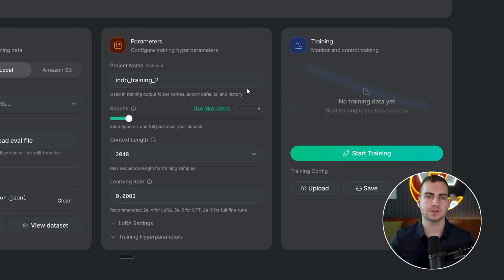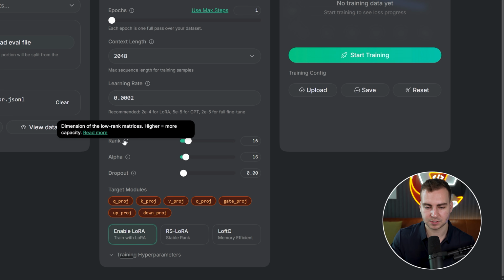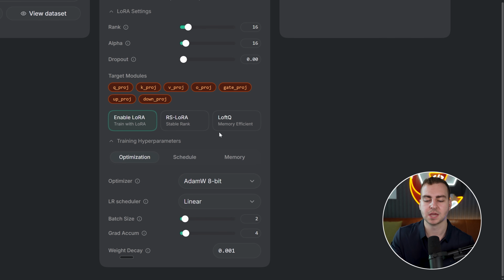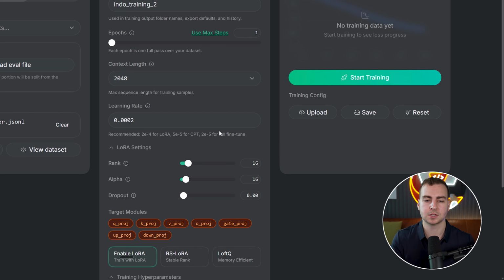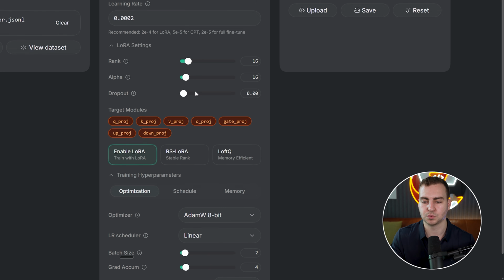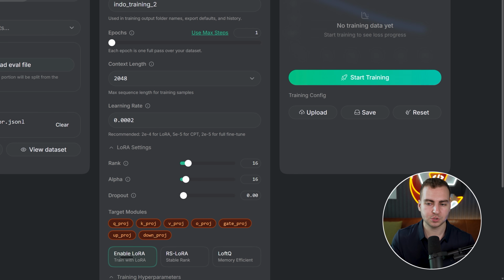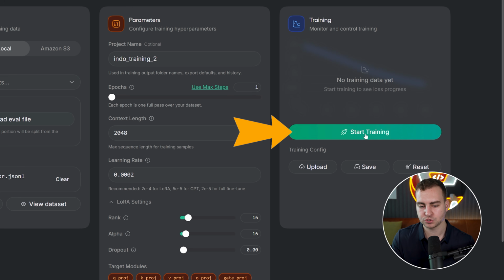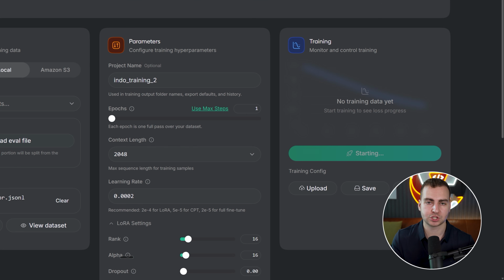If you have a lot of data, so the more data you have, the more epochs you want to go with. But typically for simple stuff, if you do more than one, you're going to have a loss value that goes down very quickly, which you're going to see in a second. Now, there's a bunch of other settings you can adjust, like rank, alpha, dropout, LoRA adapters, hyperparameters. To be honest, if you're a beginner and you don't know what you're doing, just leave them all exactly the same. The only thing to adjust is the epoch, which will directly determine the amount of time this is going to take to train. Once you have set this, go here to start training,